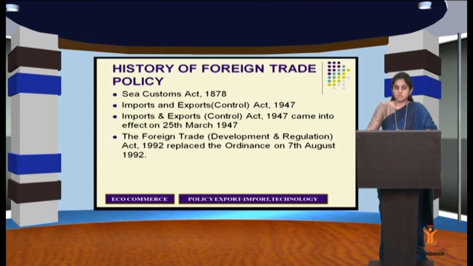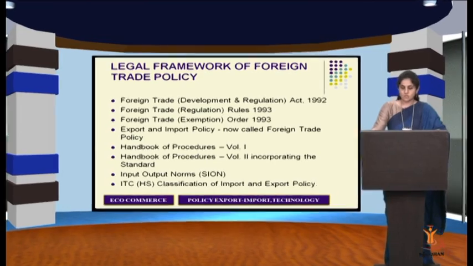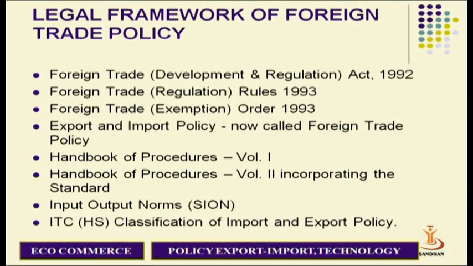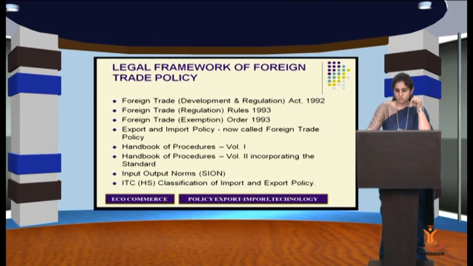Now, if we talk about the Foreign Trade Policy 1993, actually the rule-making powers vested in the central government under Section 19 of the Development Act 92, the main features were that they enabled the Director General of Foreign Trade to issue a special license to persons whose importer or exporter code number had been suspended or cancelled. This was the new provision which they put in the Act of 93.